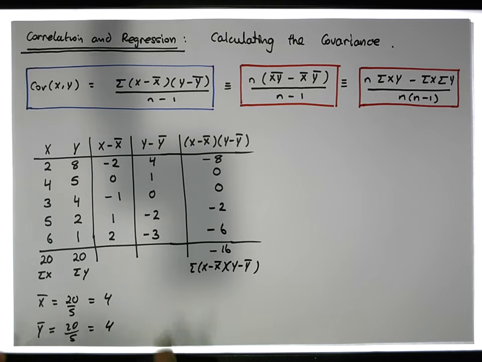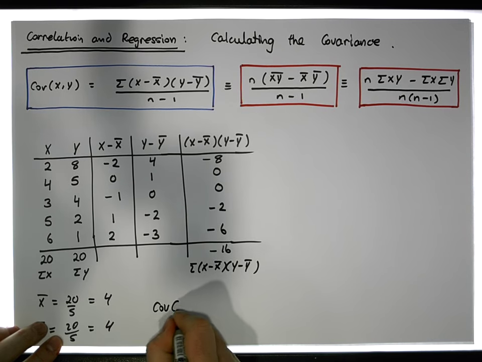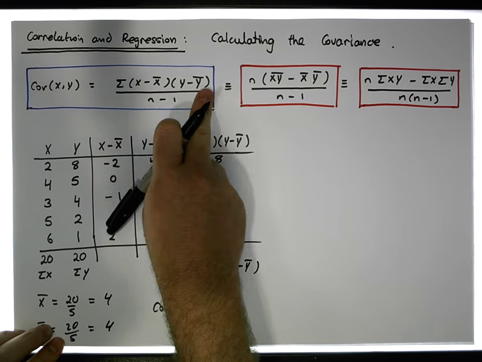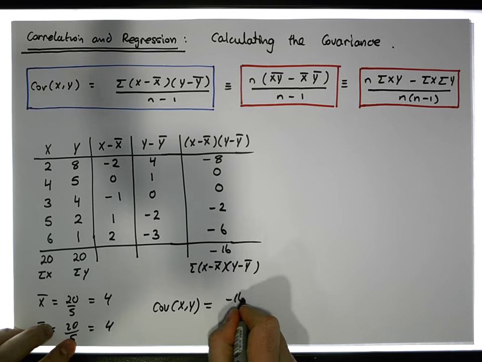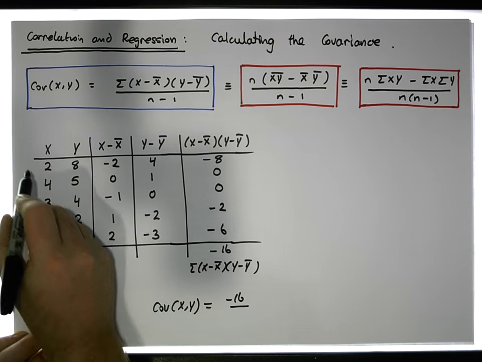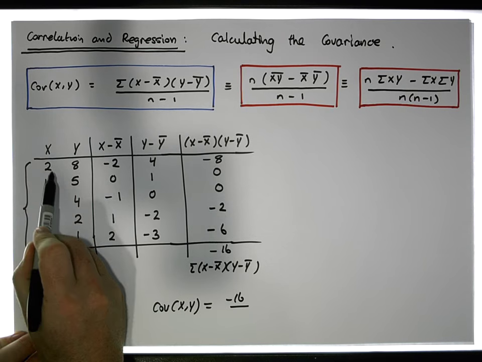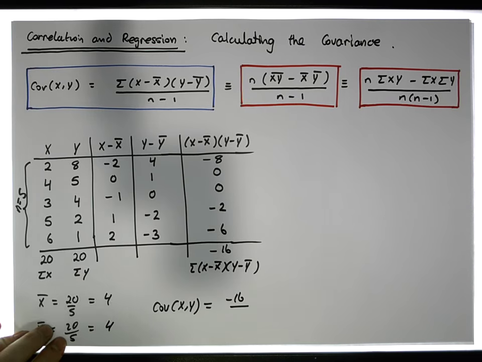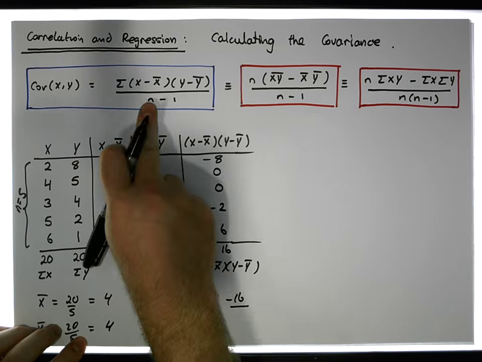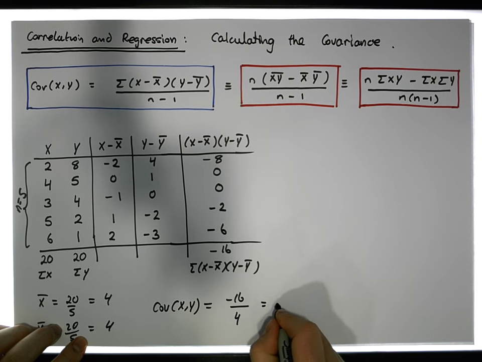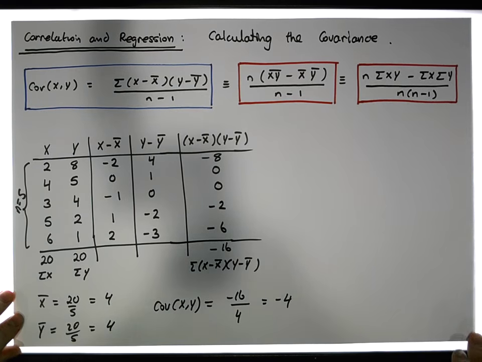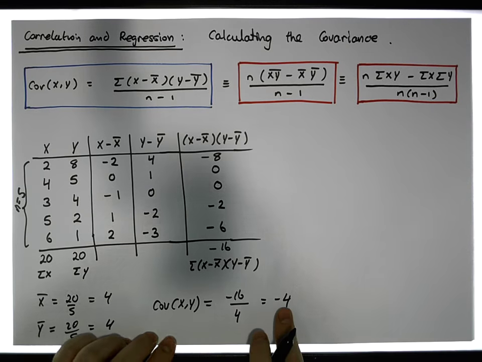So from our formula, the covariance of xy is the sum of the x minus x bar times the y minus y bar, which is minus 16, divided by n minus 1. n is the number of paired observations that we have: 1, 2, 3, 4, 5. So n is equal to 5, so this is divided by 5 minus 1, so divided by 4, which gives us a value of minus 4. So the covariance is minus 4. The important thing here is that the covariance is telling us the directionality of the relationship. So what it's saying is that there's a negative association between the